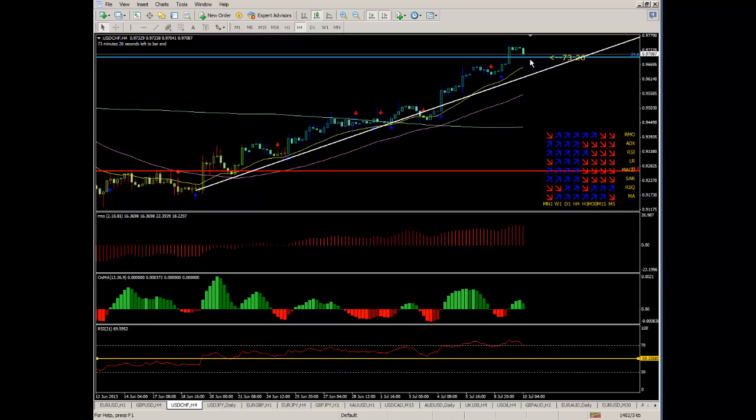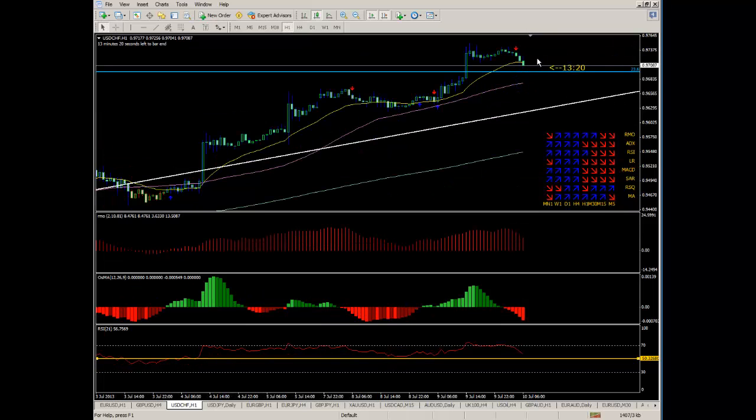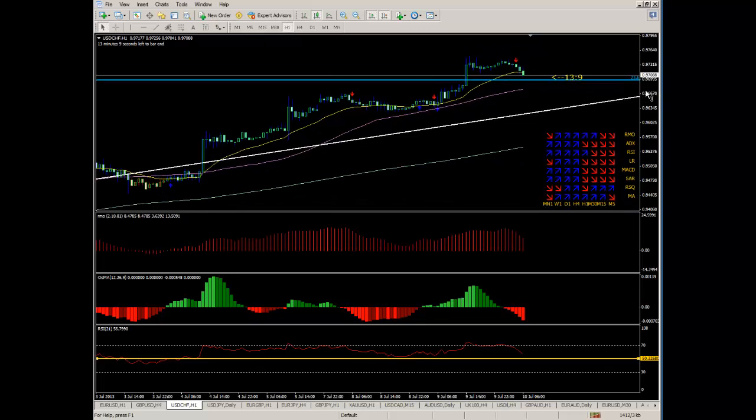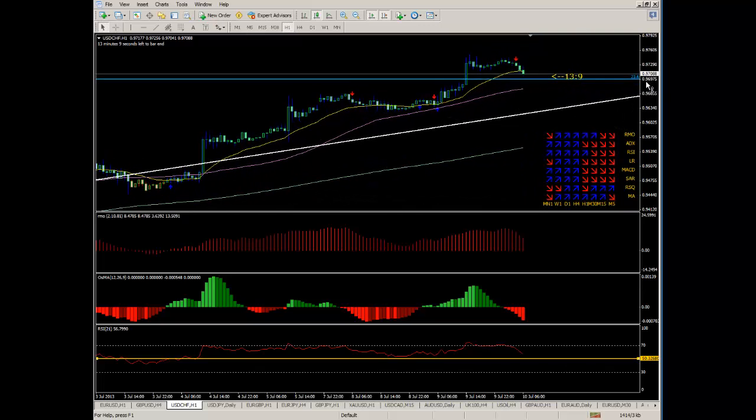RSI is dipping now. As long as it maintains above 23.6, we're at the 97.087 mark. Expect to see further highs. We want to see a nice bullish engulfing candle on our 4 hour, particularly above this level. That would indicate to us that price is still wanting to go higher, and if we can get above a nice bullish engulfing candle, 4 hour candle close here, then for the foreseeable future the US dollar is looking long